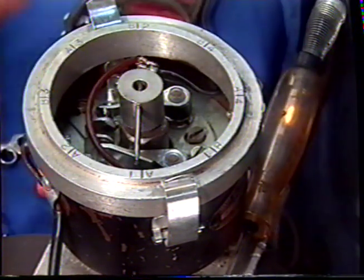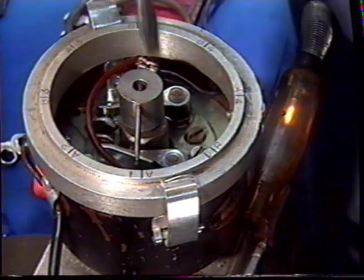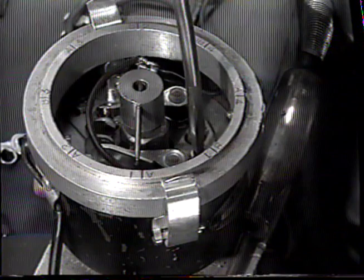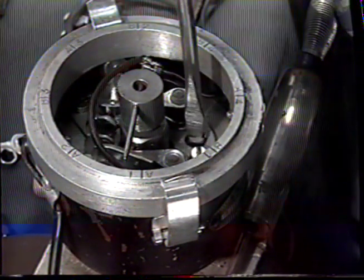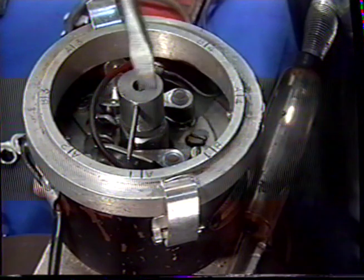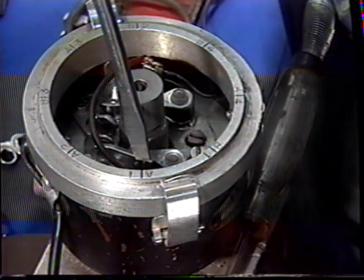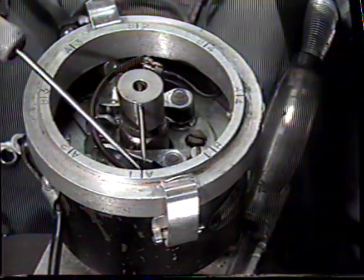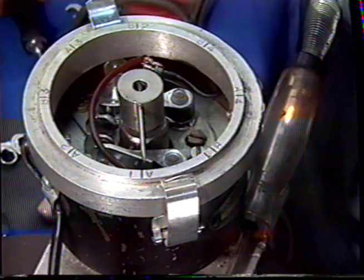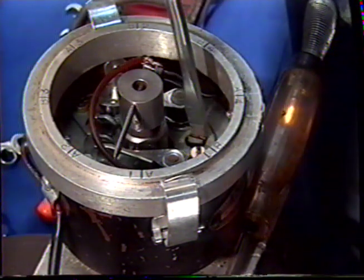To do this, loosen off the locking screws. We're going to turn the point closer to the lobe so that the timing for the point should be aligned there. We're not quite there yet. We'll give it a little bit more. We'll take it back, bring it down,